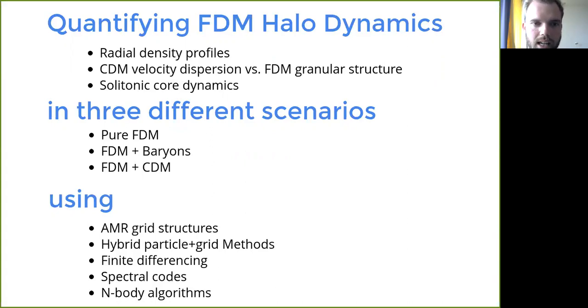And I did all these analyses using various different numerical techniques, namely adaptive mesh refinement structures, where we use hybrid particle and grid method, and then finite differencing, spectral methods, and also n-body algorithms. So a huge variety of different